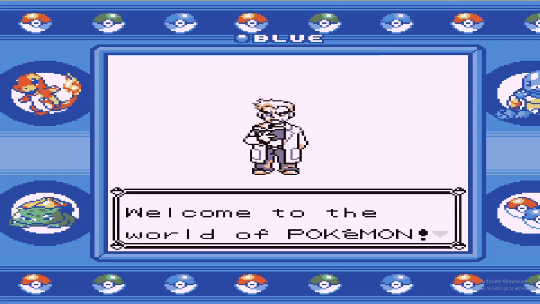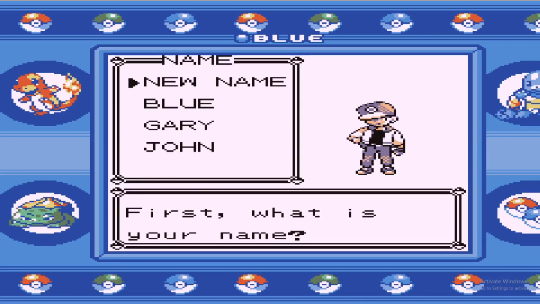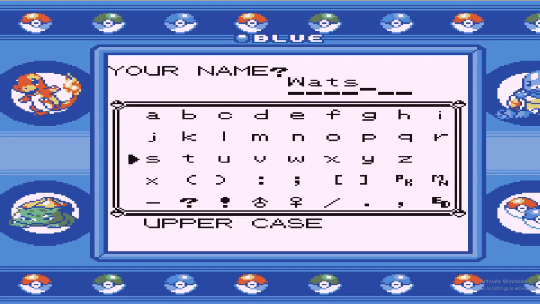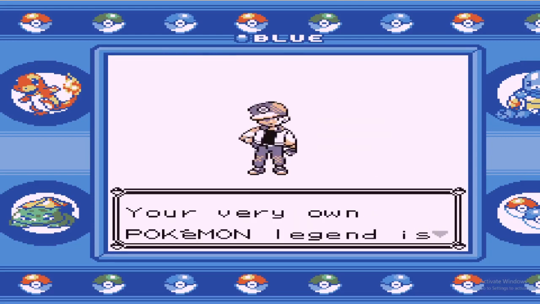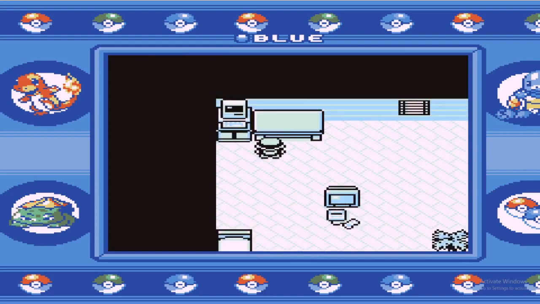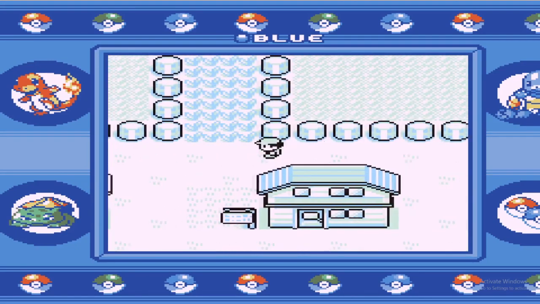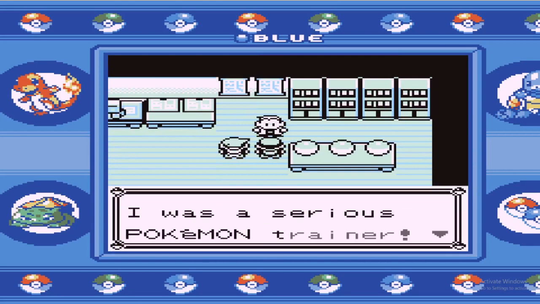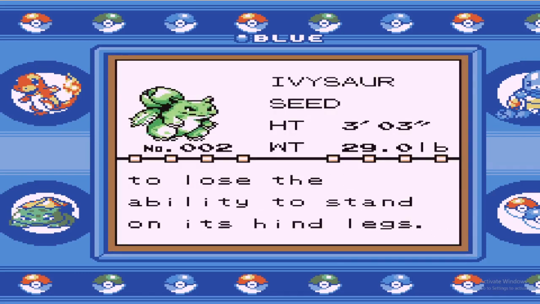As mentioned before, this run's Pokemon is Ivysaur. I have changed the Bulbasaur to Ivysaur for the run using the Universal Pokemon Randomizer. So we'll start off with an Ivysaur. We've called our main character Watson as always, and our rival is Red. We're going to start off our adventure, talking to Professor Oak, go into his lab, and we'll grab our Ivysaur. And then we'll go straight into our first rival fight